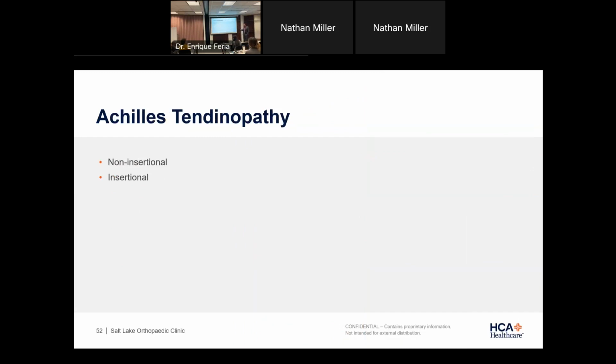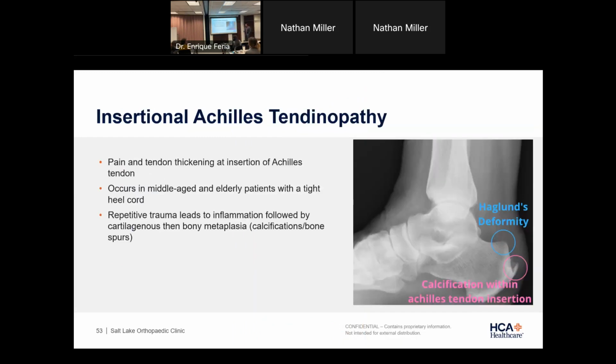Moving on to Achilles tendinopathy. This is just degeneration of your Achilles tendon. This can happen both where it inserts on your heel bone or higher up within the tendon. It leads to pain and tendon thickening right at the insertion, and over time you can start to see these